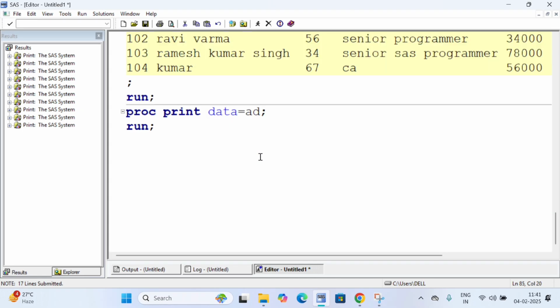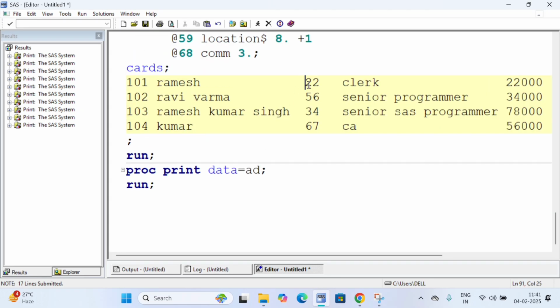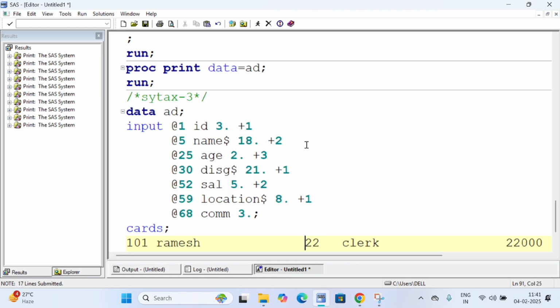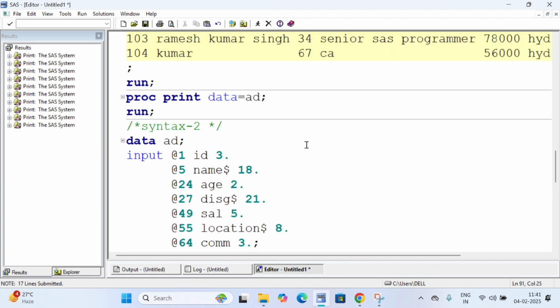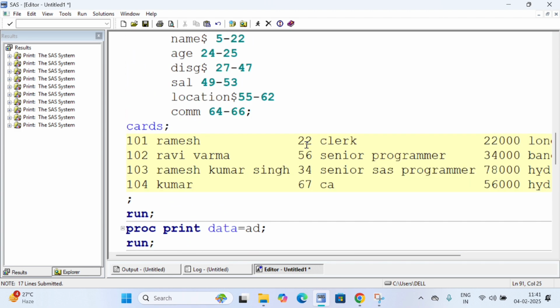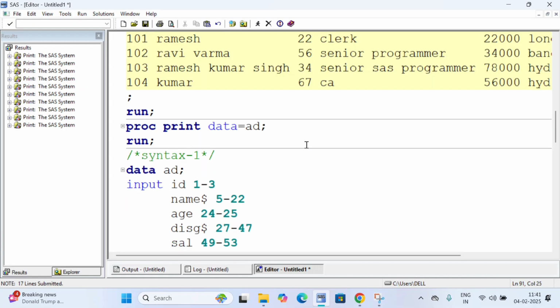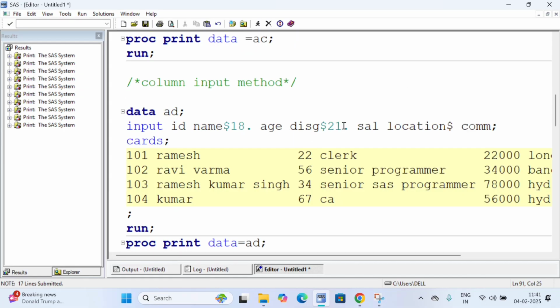Okay, I have explained you only aligned data, right? Starting and ending positions are same. Each and every column starting and ending positions are same here. Unaligned data I'll explain you. Okay, don't worry. So 3 syntaxes I have explained you, right? And yeah, this is nothing but a column input method,